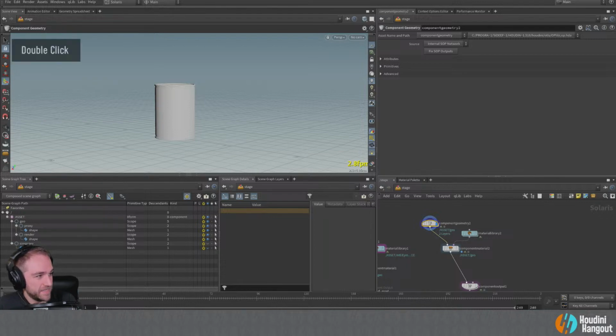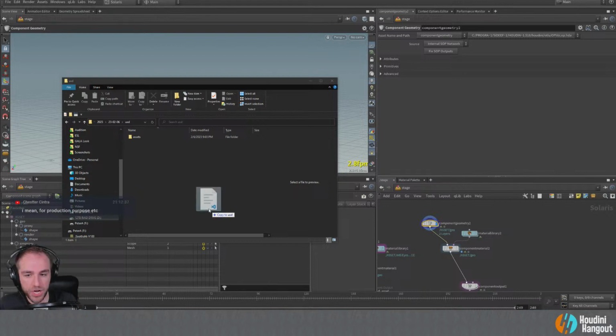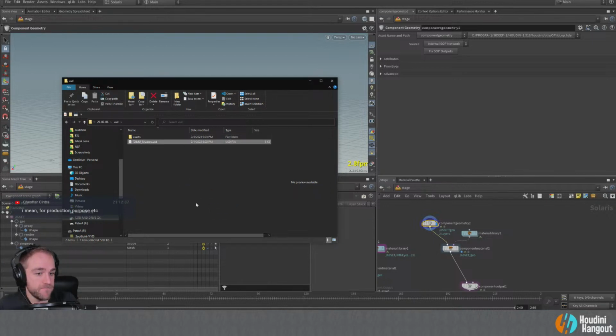Anyways, so let's do this. I have a shader file here. For production purposes, I would use Karma CPU. It's more made for production. Hopefully sometime in the not too distant future, XPU will be ready for production as well.